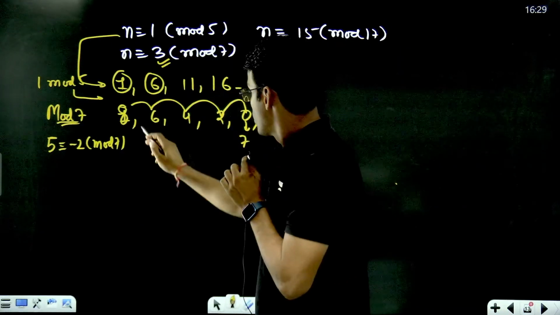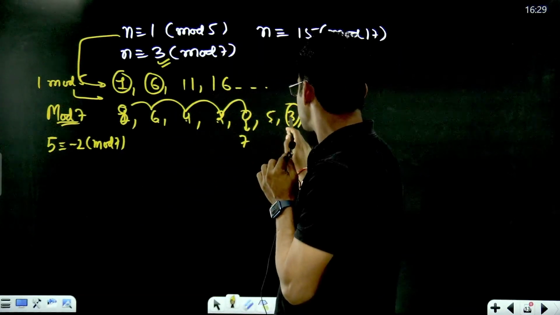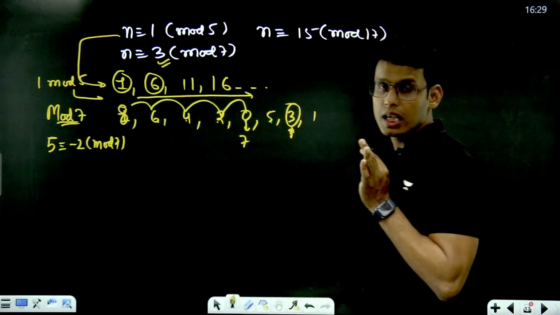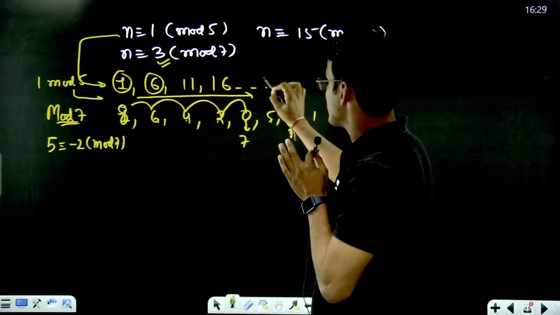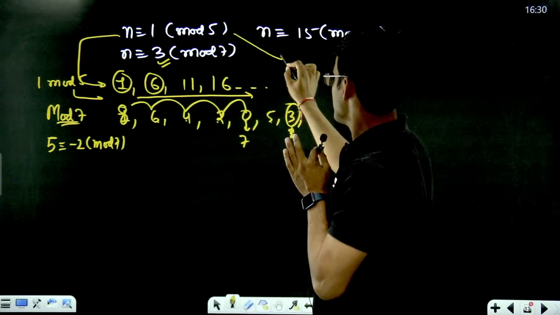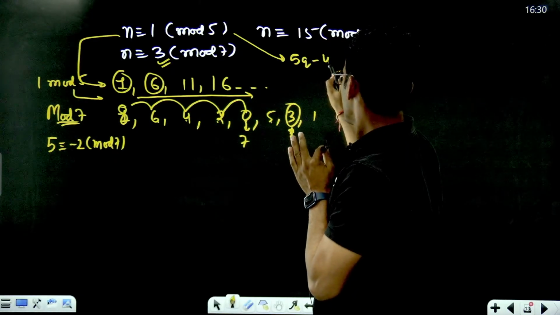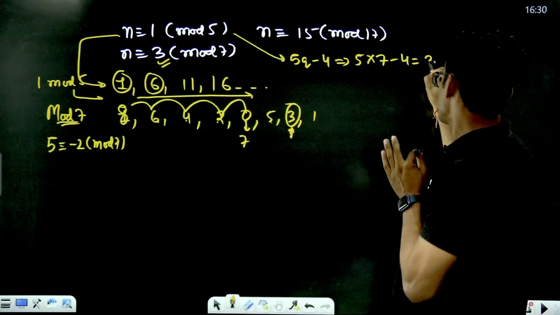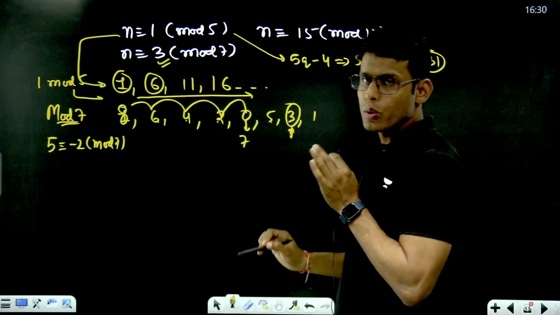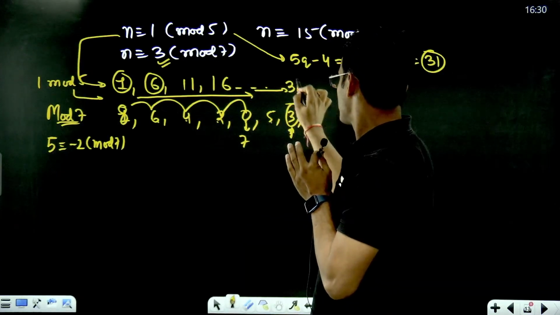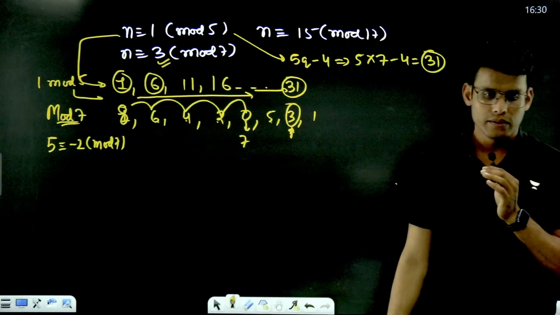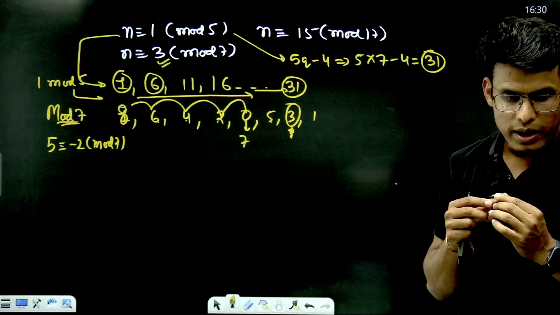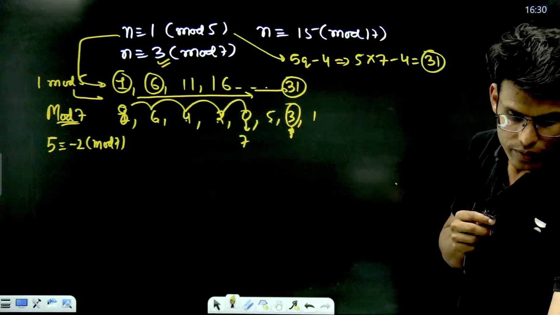So please see 1, 2, 3, 4, 5, 6, 7. The seventh term of this AP will be the same. What is the seventh term of this AP? This AP is 5q minus 4. What is the seventh term? 5 into 7 minus 4 equals 31. So that is how you calculate. Yes, the Chinese remainder theorem. The statement of the Chinese remainder theorem is